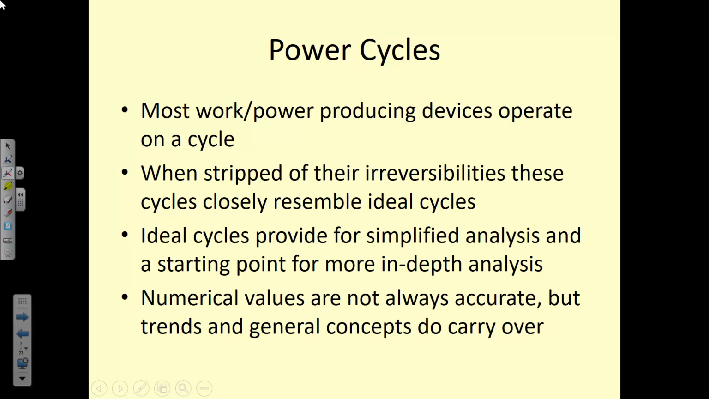A power cycle is just something that operates on the cycle and produces some net power output for us. So if we think about lawnmowers and chainsaws and cars and Stirling engines or steam engines or whatever it is, any kind of a power cycle, we're getting power out of the device. And when we strip them of their irreversibility, so we minimize friction, we minimize chemical reactions, we minimize heat losses, then we can closely approximate these actual cycles with some